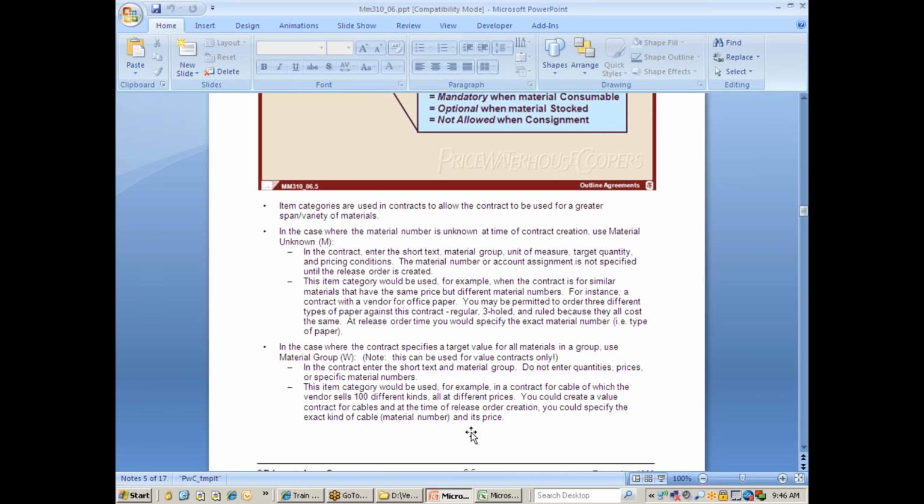So in the case of a value contract, you do not specify the total quantity requirement, as this is not a quantity contract, but rather you specify the total value. All the AMCs are value based contracts. AMC is nothing but annual maintenance contract. All these AMCs are value based contracts. So while creating the contract, instead of specifying quantity, you specify a value which should be covered within a specific period of time, that is a starting period and an ending period, and you specify a generic description at the material